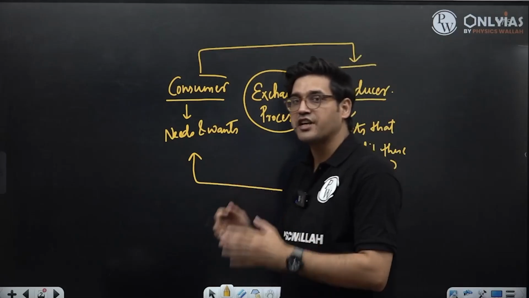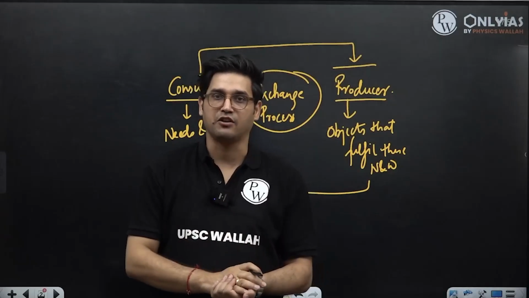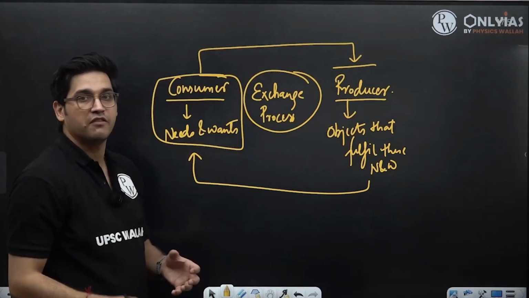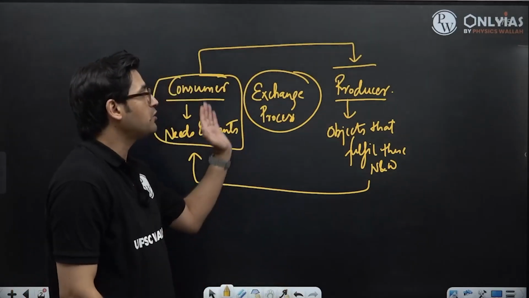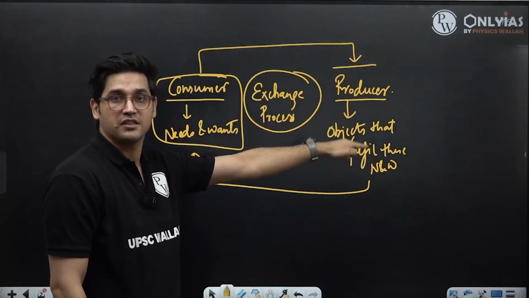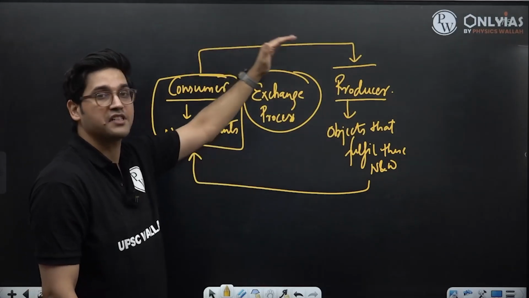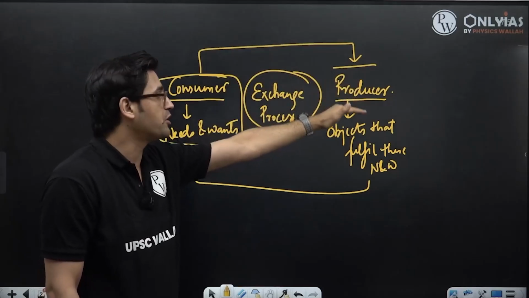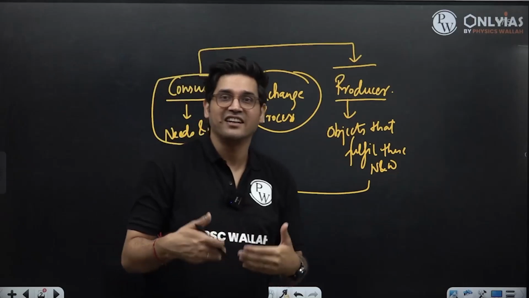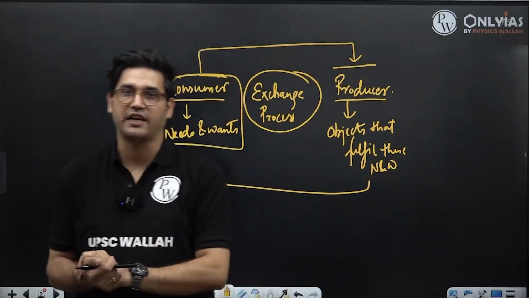And this exchange process facilitates a very important activity in the economy, wherein consumers who want to buy things which will be of use to them are going to go to producers. They are going to ask of these producers to give them these things which hold use for them. And in exchange, consumers are going to give something of value to the producers for the producers giving away these items to them. This exchange process is inherently human. This exchange process is only and only seen in human societies.